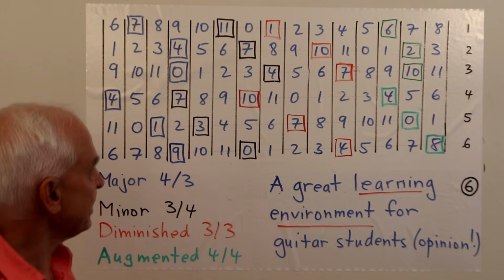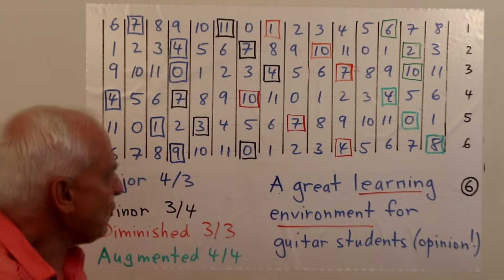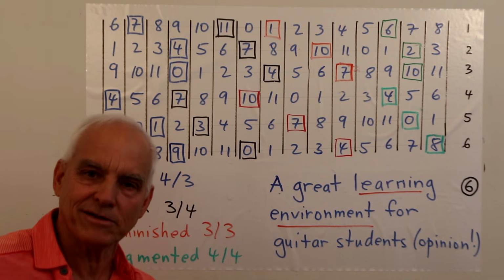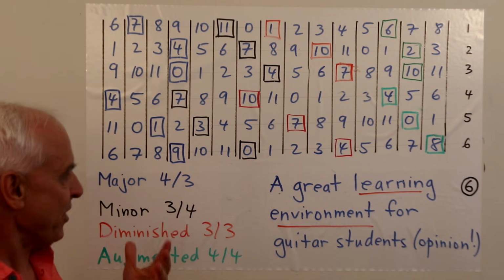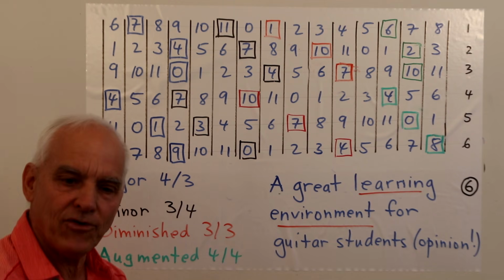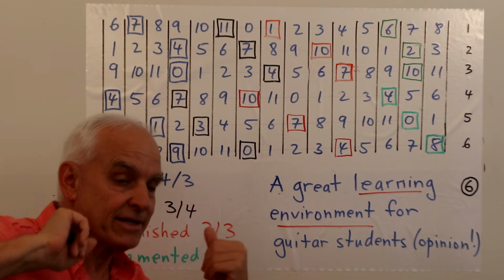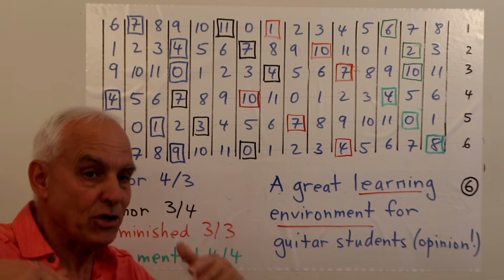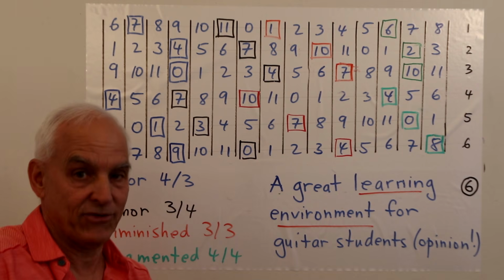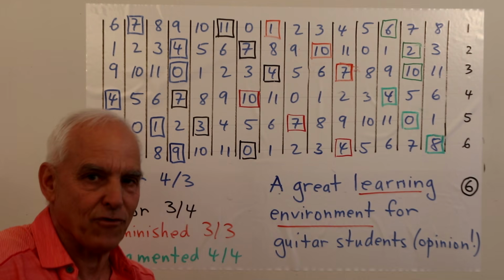Okay, so it's a bit of work memorizing this, but not that much work. And if you have one of these mathematical fretboards on your wall, you can consult it easily and figure out what you should be doing. And I think this is a great learning environment for guitar students because we're bringing out the essential mathematical structure and distancing ourselves just a little bit from the usual nomenclature, which honestly is really piano based and is arguably not the best structure for the guitar.